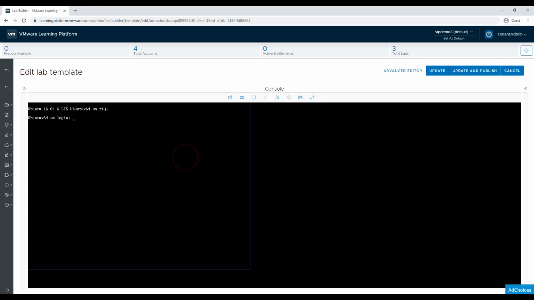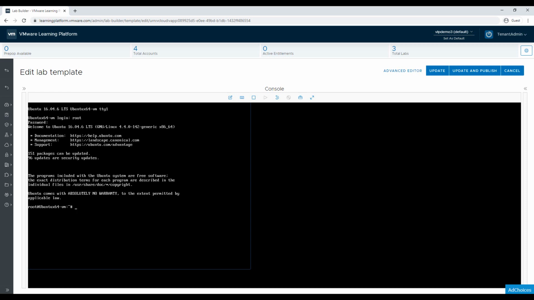Now let's log into the server with our credentials. And as you can see, we are right now on the server, and we can start playing around and installing